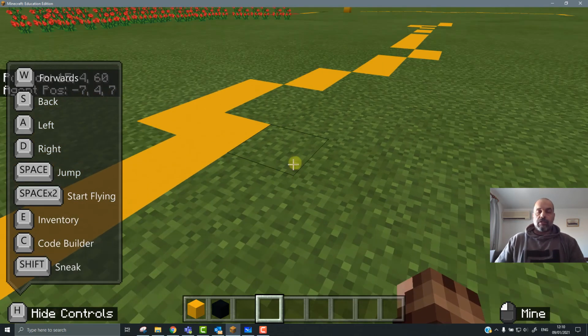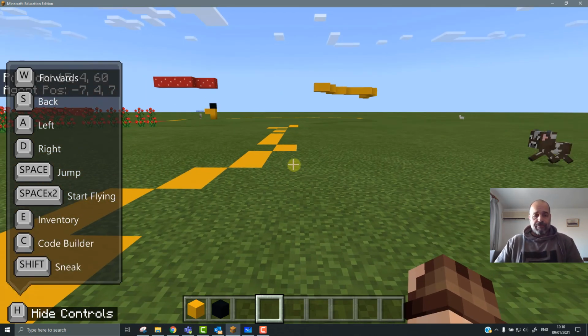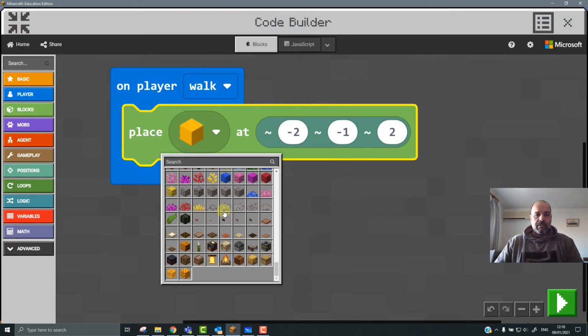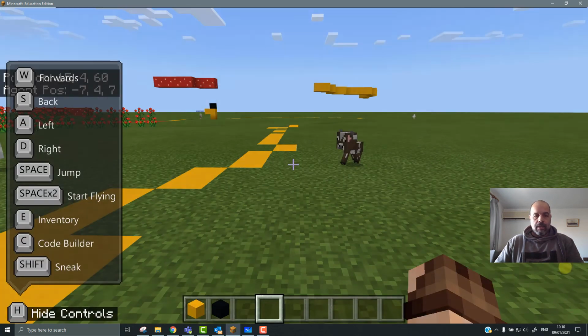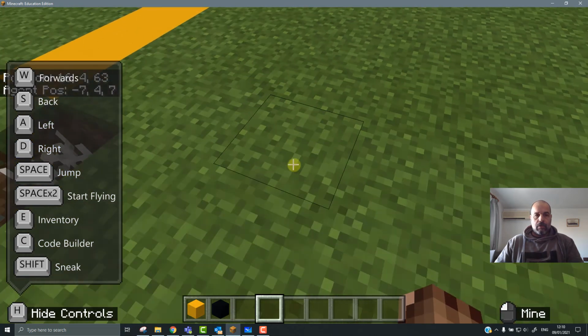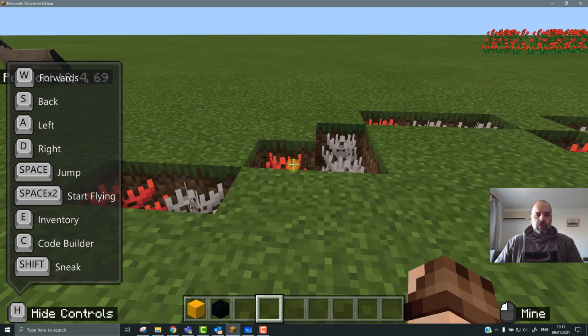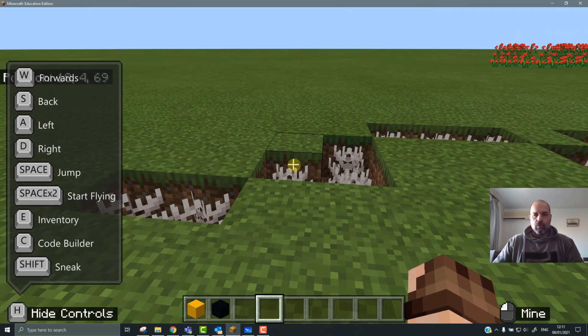Perfect. All right. So now that's basically putting the blocks on the ground, and you can add different things. So instead of placing a block, you can actually do the fun part and place flowers. Let's say I'm going to put some fire coral and press play. And as I start moving along, I get fire coral. And that's going -1. So if I want that on the ground level, because I don't think we're going to have fire coral there,